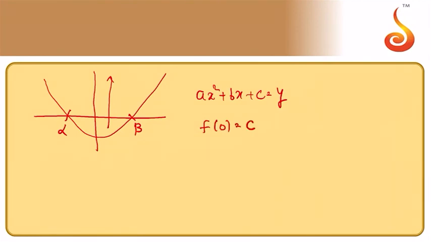Suppose one root is negative, another root is positive, and a is positive, upper parabola, then what happens? So f of 0 is equal to c, and this is below 0. So c will always be less than 0. Whenever a is greater than 0 and c is less than 0, roots will be in